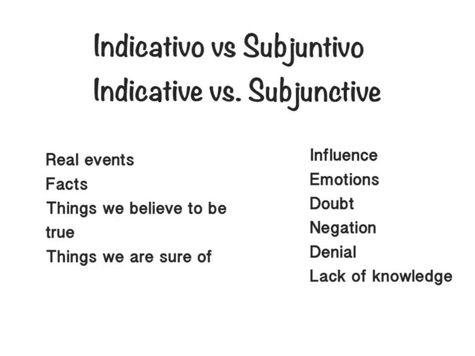We also use the indicative when we're sure about something, with things we're sure of. We're sure this is this way, we are sure this is that way. Okay? Now, when do we use